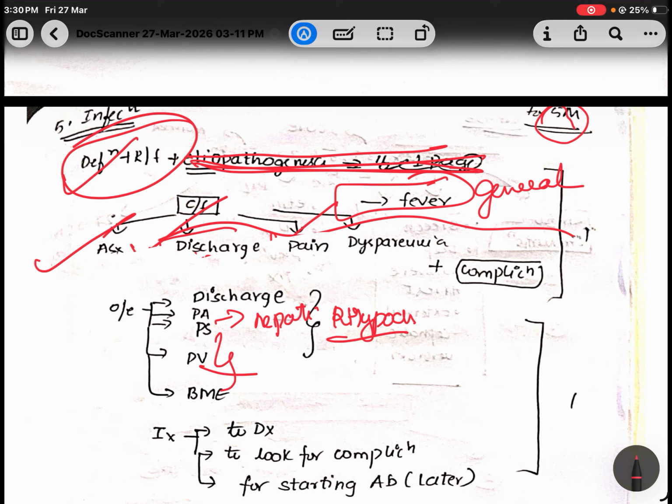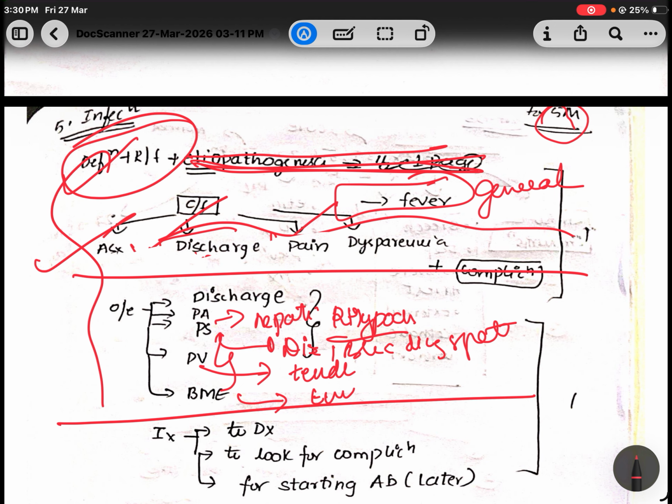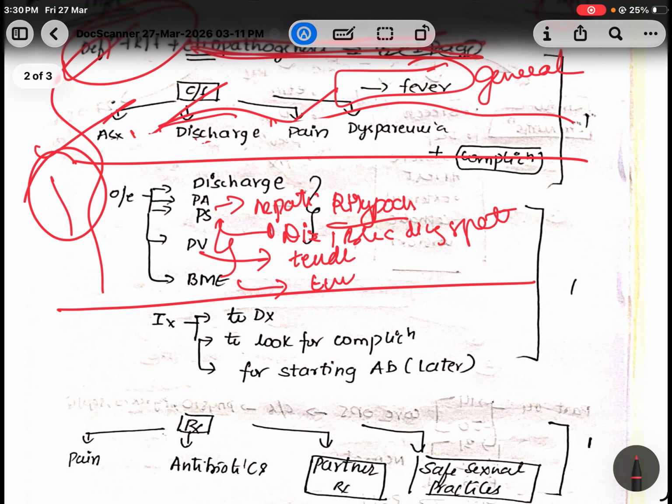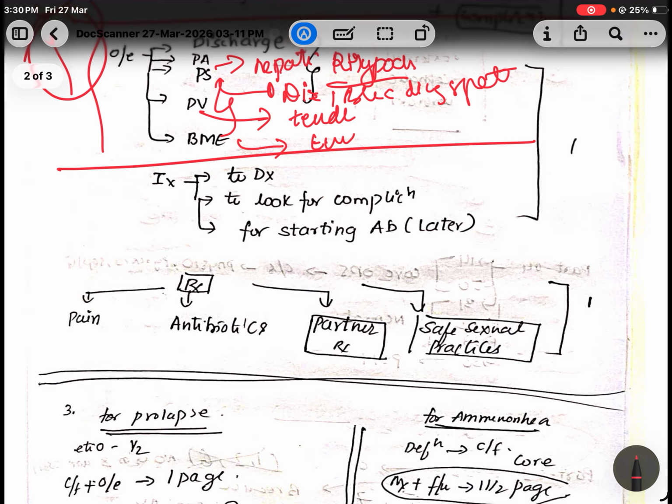Again, in per vaginal you need to talk about any tenderness. Here also you need to talk about tenderness. Here you need to talk about discharge itself, and also whether there are any bleeding spots. Again, here we need to club things because we have only 3 pages now. Correct. Then in investigations, you can talk about investigations to diagnose, to look for complications, and to start antibiotics